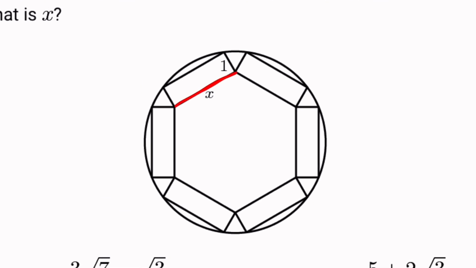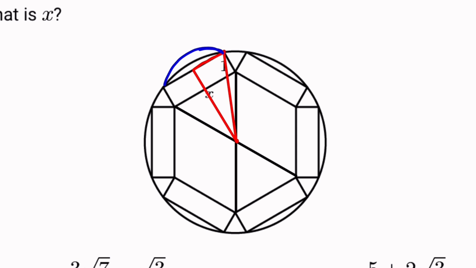Okay, so what we want is this line x, right? First let's draw some lines from this point to that point, and we'll draw one more line from here to here, and that will give us the center, which is this point. From there we'll draw a line from the center to this point, and one more line from the center to here, because that is the key to solving this problem. And so we find that we have a right triangle here with this as a right angle,